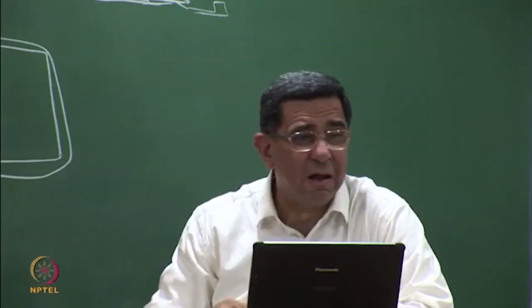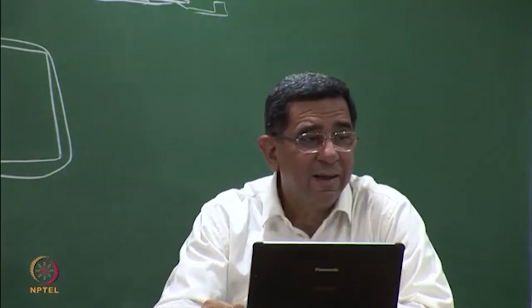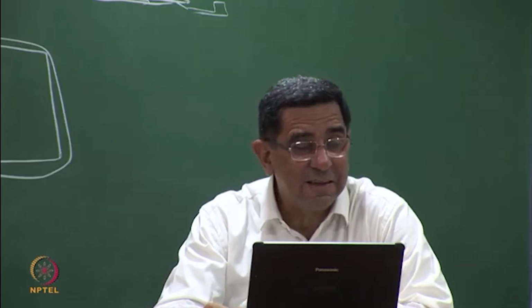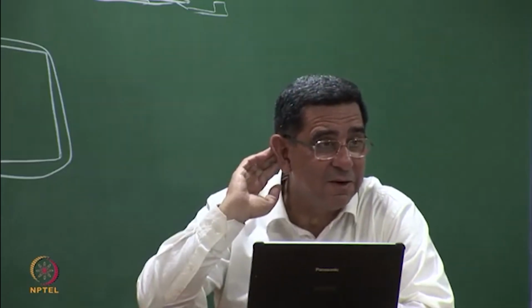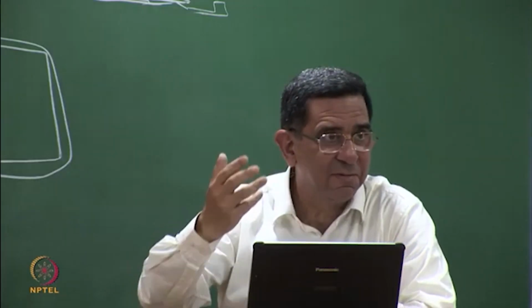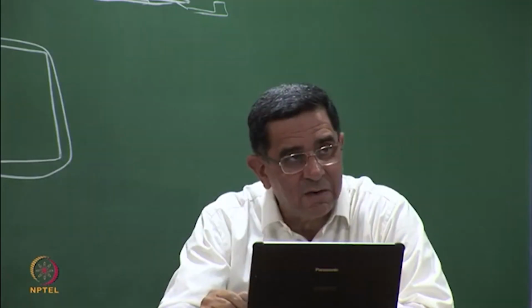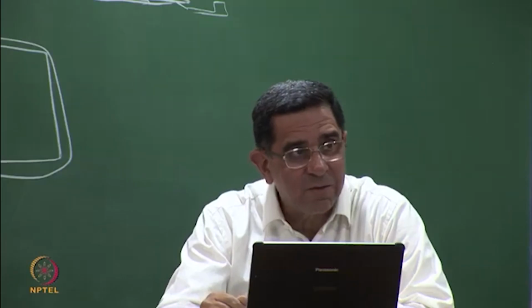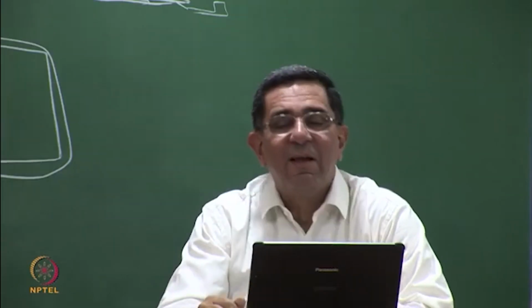Sedimentation, you'll have to make a lake. Rapid sand filter. Rapid sand filter catches the suspended solids or catches something else? Everything. And what happens to rapid sand filter after a month? And what do you do to that? And then